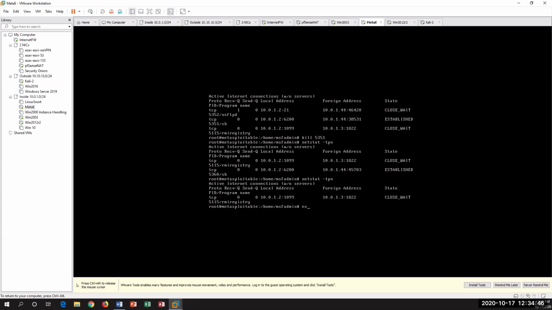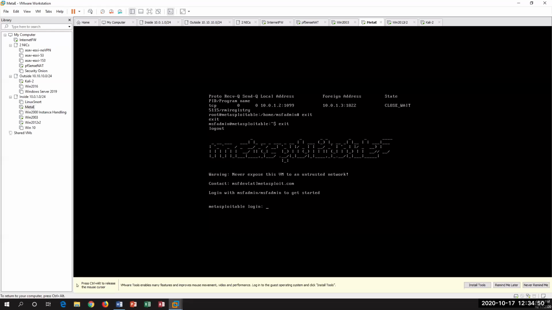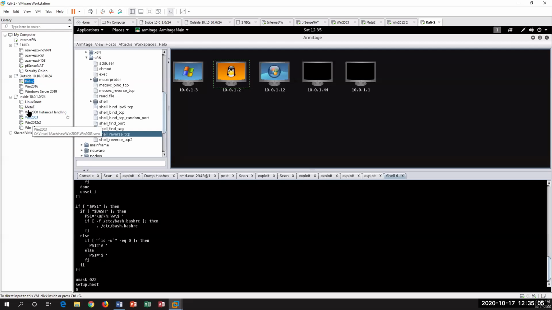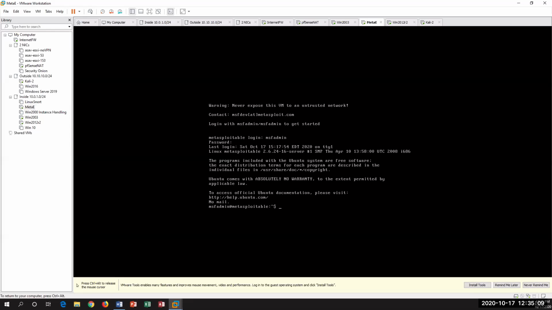Or we can do exit, I believe. Yeah, and exit. For a login, MSF ADMIN. Okay, and MSF ADMIN. And of course, we're going to take a look at the Kali. Kali, of course, there's nothing happened yet. We come to Meta-E and we log in. And once we log in here, then we're going to take a look at